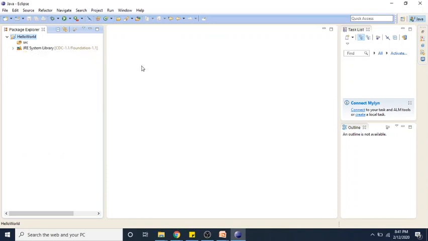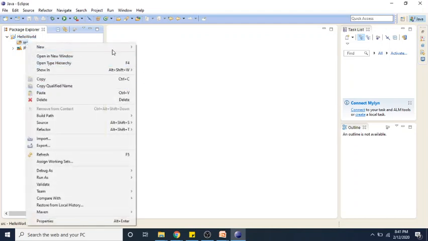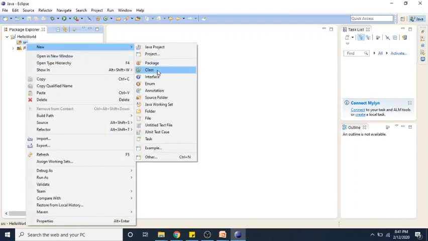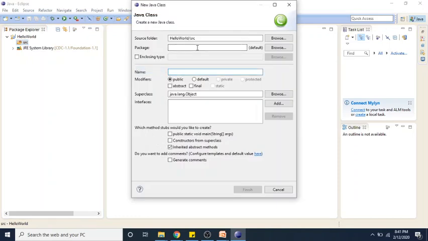So to create our new file, our Hello World file example that we looked at earlier, we can right click on the source folder, go to New, Class, and we're going to name this class greeting class, and we would like to check this box so that Eclipse generates this public static void main method for us. So we click on Finish,